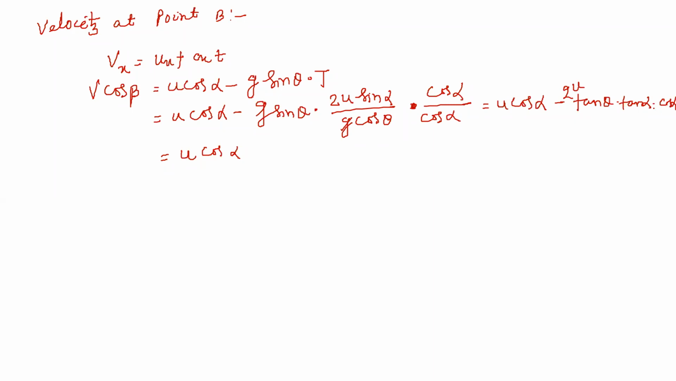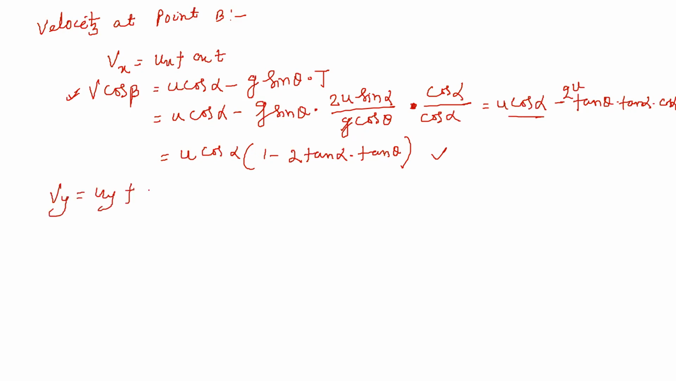So what can I take common? U cos alpha. Here I took u cos alpha common, so it becomes 1 minus 2 into tan alpha into tan theta. Yes or no? That is the expression for v cos beta. So v cos beta is equal to u cos alpha times (1 minus 2 tan alpha tan theta). Correct? Friends, similarly, if I go for vy, it is equal to